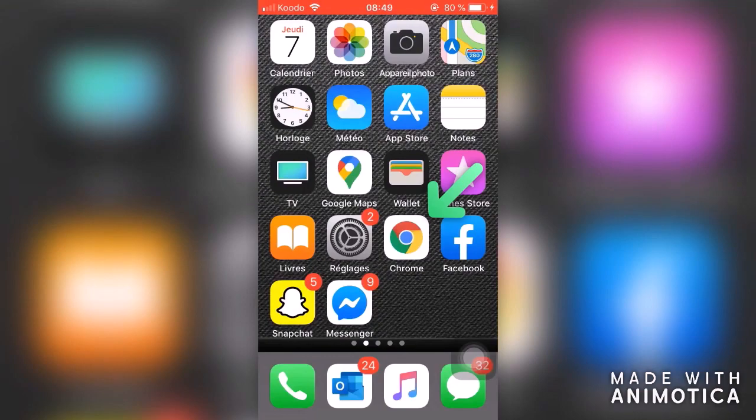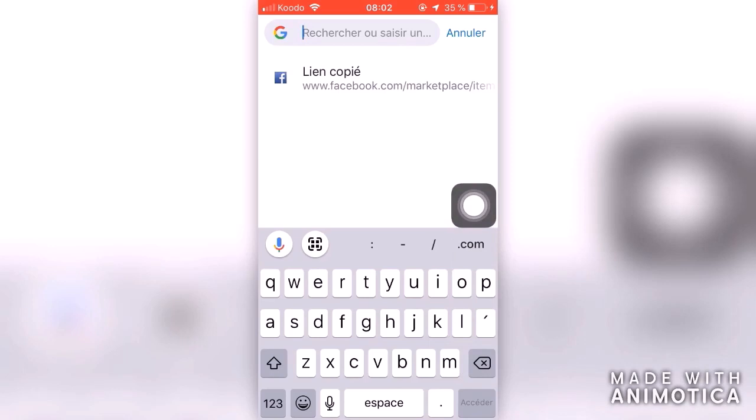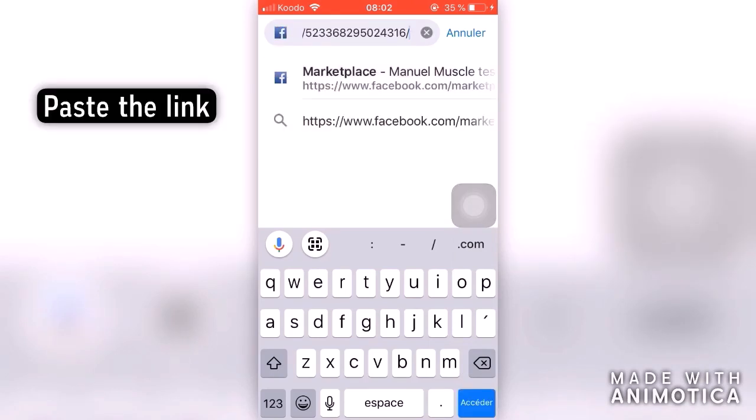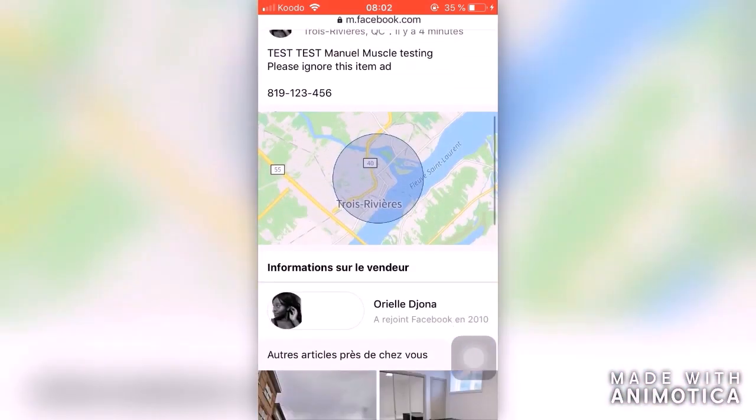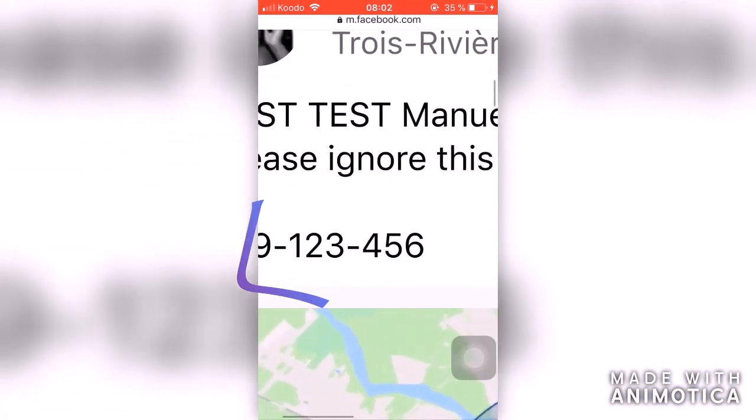Then you exit Facebook. You will need to get into the Chrome app. Here, you open a new tab and you paste the link that you just recently copied. Then you can press Enter. Now you should finally be able to see the phone number that was previously hidden through the